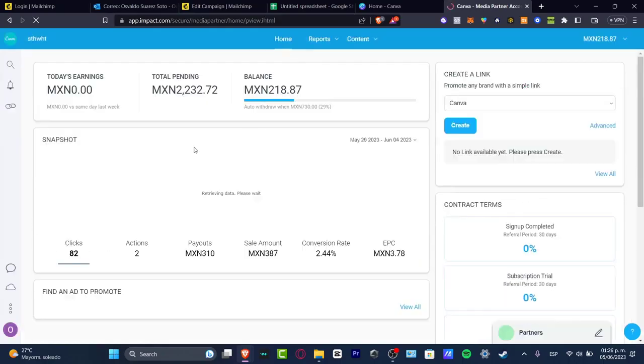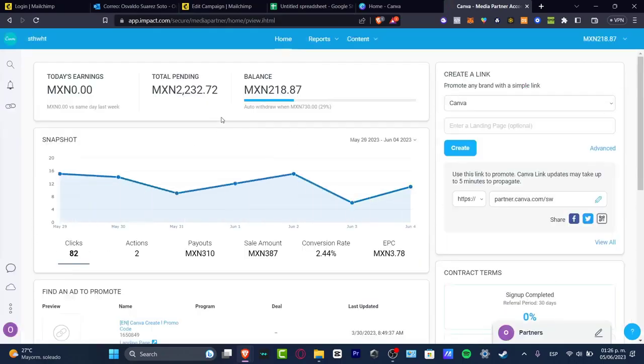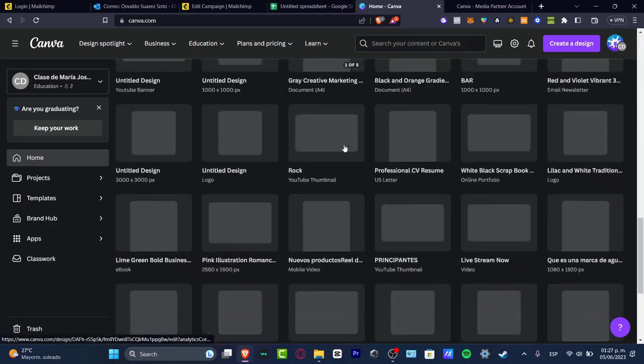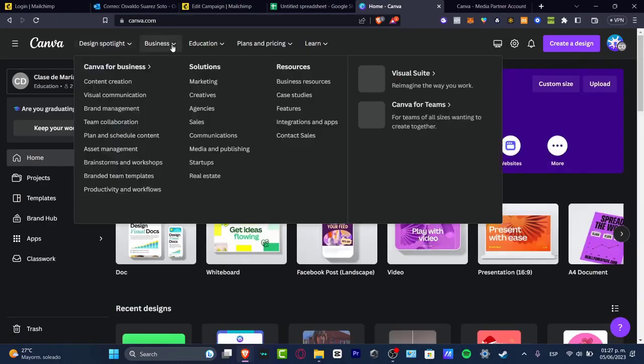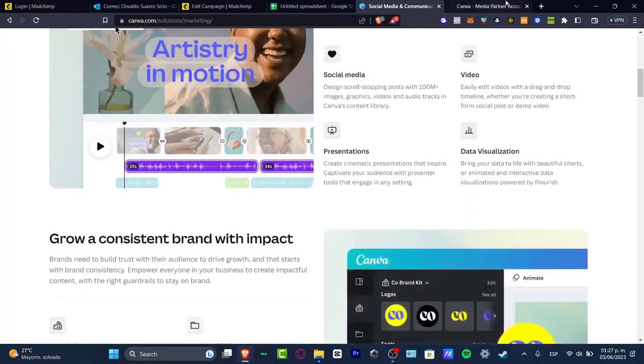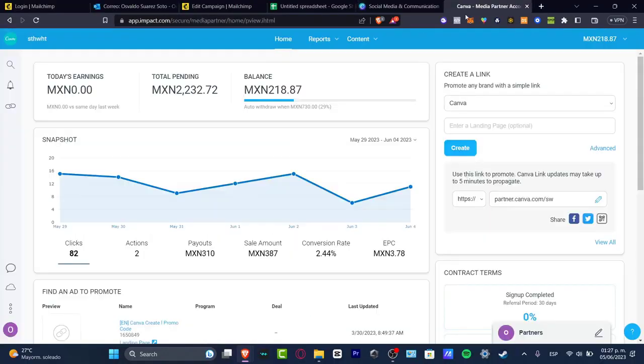Now that you know how this actually works, you start by creating an actual Canva link. Let's say that you have some social media, let's say you have TikTok or Instagram or whatever, and you want to talk about how Canva works, and you want people to know what they can do inside Canva, and of course you want to offer them an actual trial version. So I'm going to go into my actual app of impact.com, and here I have the create